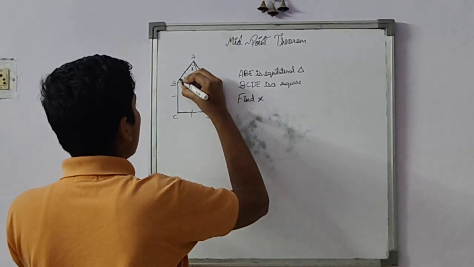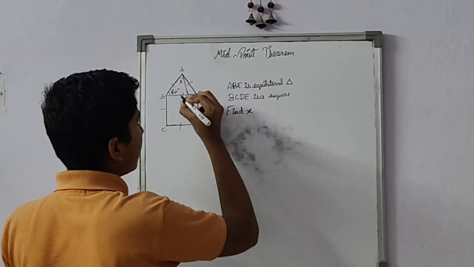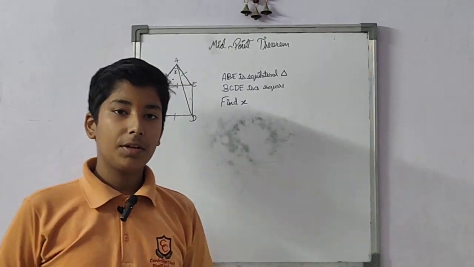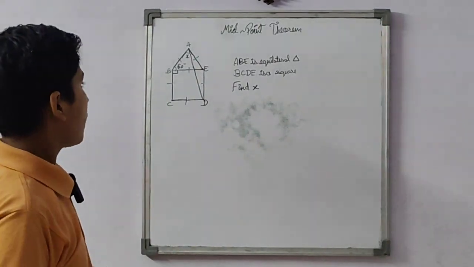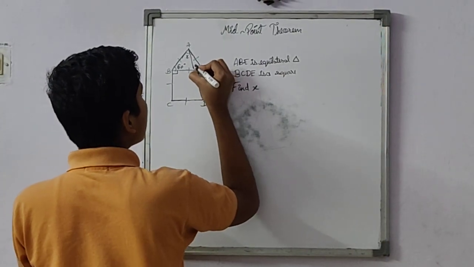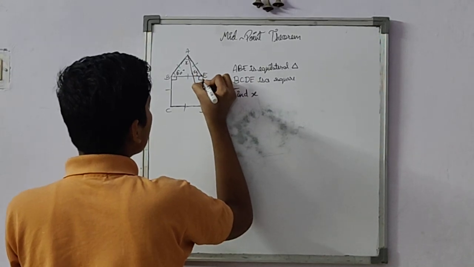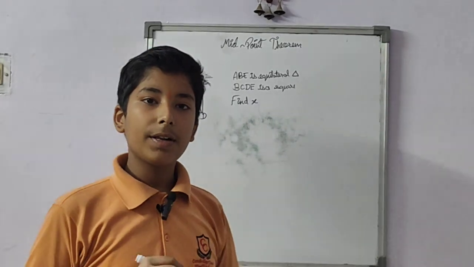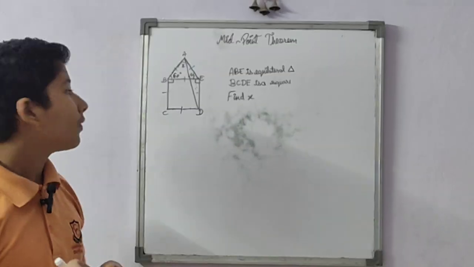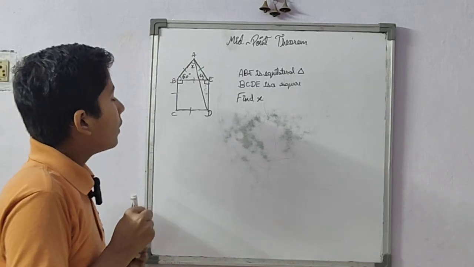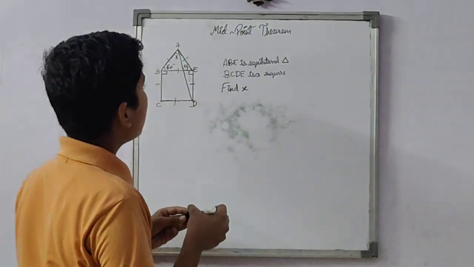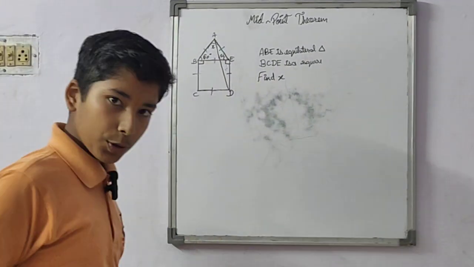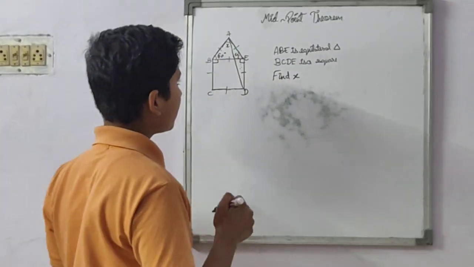So we know that this is 60 degree, this is 90 degree. It is the rule in equilateral triangle and in square. Same with here, 60 degree, 90 degree. So 60 plus 90, it will be 150 degree. Here we know that equal sides have equal angles opposite to them. Let me write it.